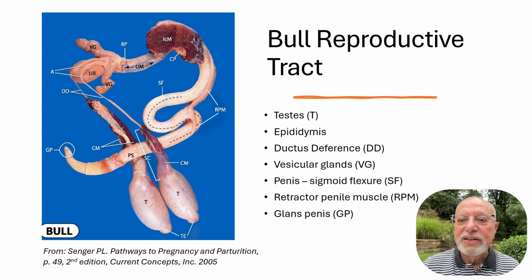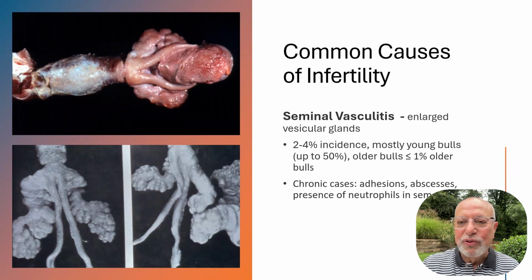In the bull, seminal vesicles or vesicular glands are the primary source of seminal plasma, which is mixed with these sperm, and then the sperm come through the penis and the animal ejaculates. So it's really an overall concept of these different parts of the reproductive tract. It's important to know that, because now when we talk about different problems, you know what we are talking about